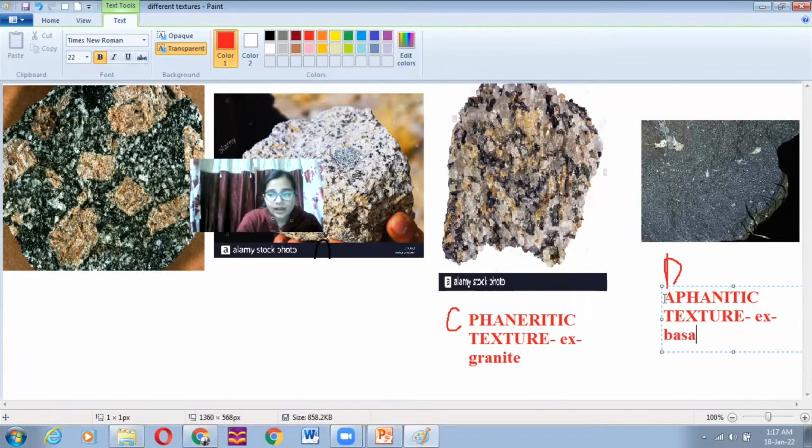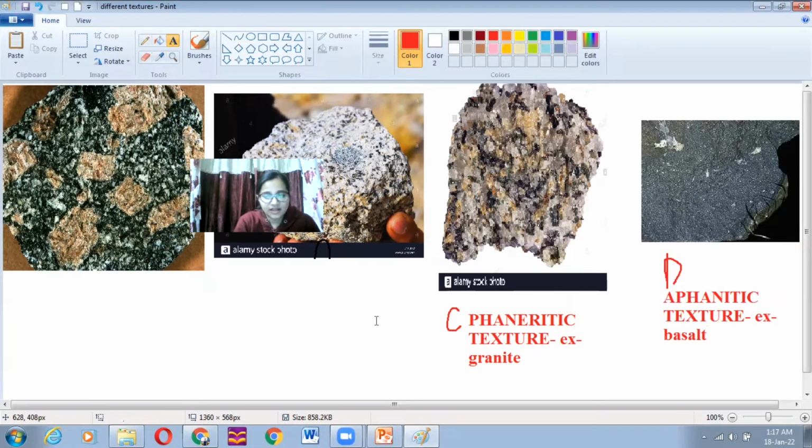ठीक है, अब हम इसको रिलेट करेंगे एसिड और बेसिक इग्नियस रॉक से, अब ज्यादा क्लियर होगा। We discussed that in acid igneous rocks there is a huge amount of silica, which renders a very light color to that acid igneous rocks, whereas in basic igneous rocks it comprises of iron, magnesium, जिसके वजह से उसका नाम मैफिक भी होता है। वो बहुत डार्क कलर का होता है और बहुत हेवी होता है। आप देखो अभी आउट ऑफ सी एंड डी, विच वन इज डार्क इन कलर, D। So D is a basic rock। याद रखना, B for basic, B for basalt। बेसिक इग्नियस रॉक्स का एकदम क्लासिक एग्जांपल होता है आपका बसॉल्ट।